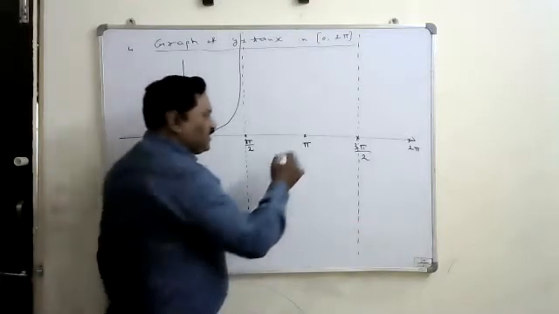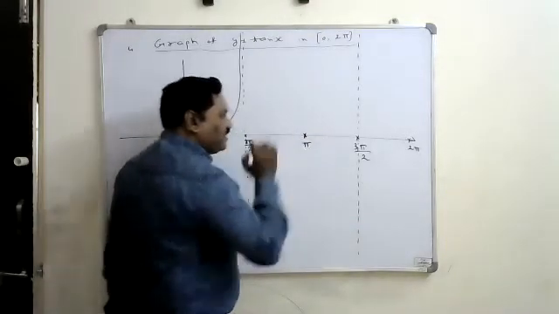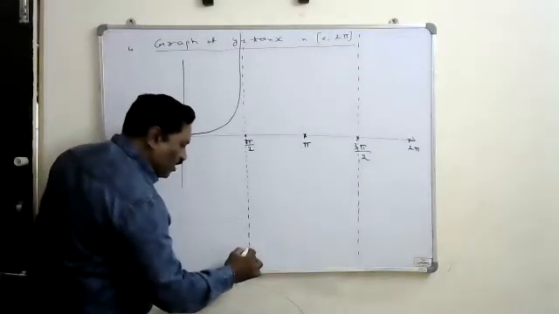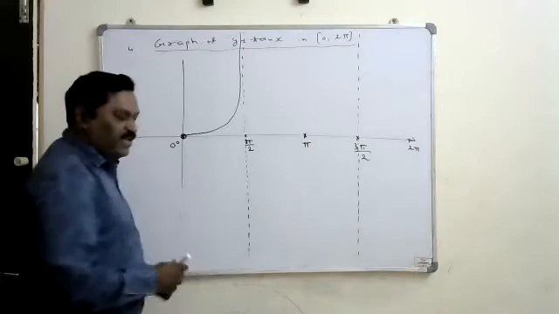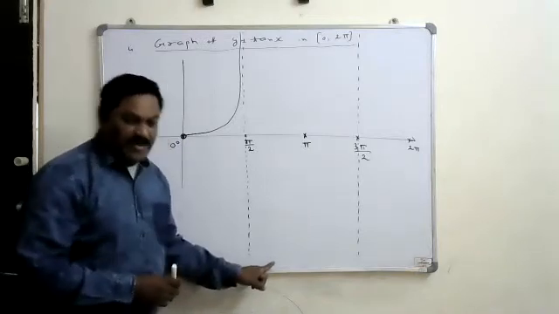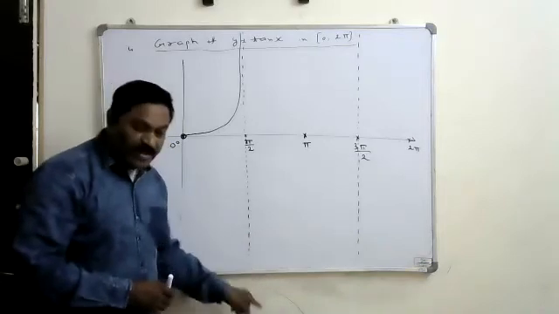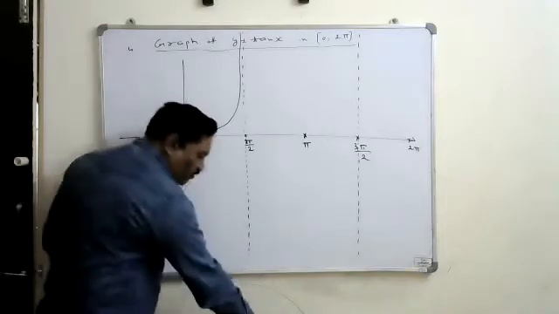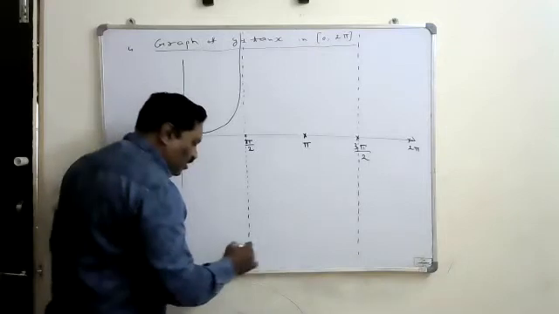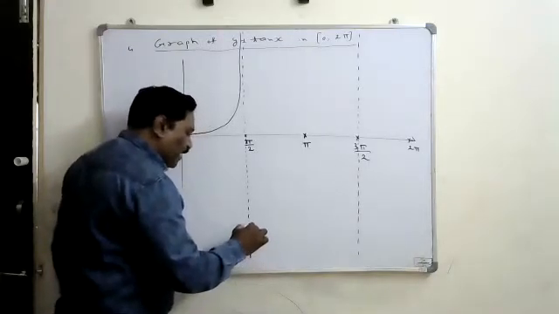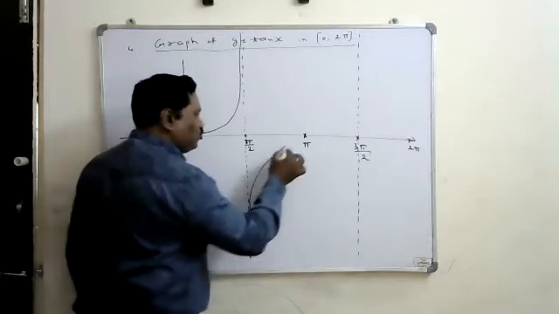That's why when x is equal to pi, tan pi is 0. So when x is pi by 2 it is not defined, and more than pi by 2, if I take it, it is going to give negative infinity, because for all these values tan is negative. That's why it comes from negative infinity, means it is going to come from below, and the graph comes along this line, it never touches this line. Parallelly, you have to draw it, and it reaches 0 here.